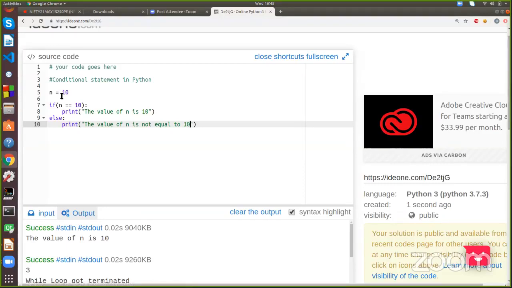Okay, so what here I wrote, I have considered the value of n equal to 10. Here I wrote if n equal to 10. So जब भी हम comparison करते हैं तो double equal to use करते हैं, ठीक है। तो n की value अभी 10 है, 10 equal to 10, condition got true. तो जो भी statement का condition true होगा, the block under that if statement will get executed.